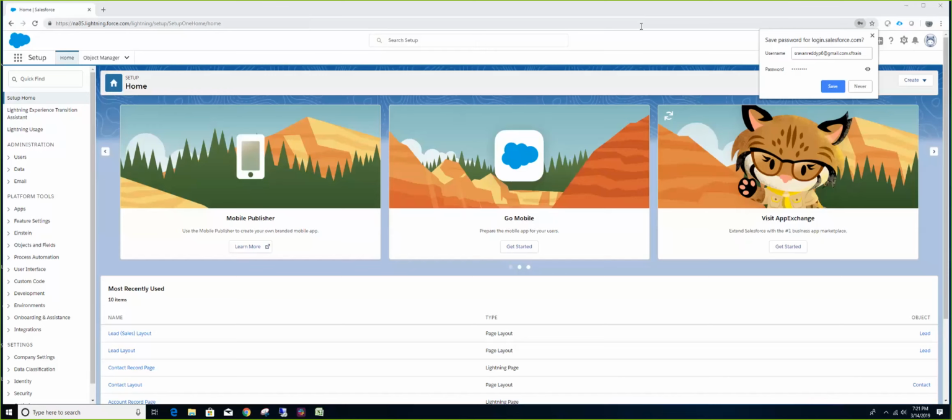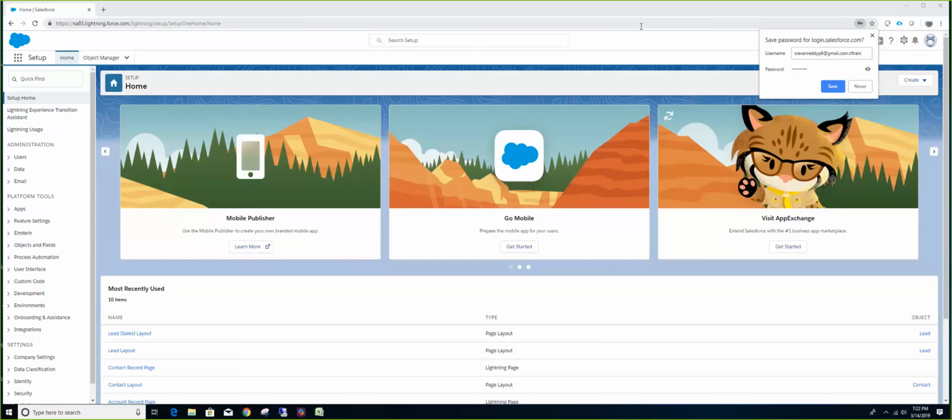Now, we created objects. Objects are nothing but tables. While creating the object, if you notice, the name of the object will have _C in it. That _C stands for custom object. And there are other objects like account, contact, opportunity, lead, case. There are so many objects which don't have _C. These are standard objects that come out of the box with Salesforce. The difference between standard and custom is, as part of the software, when we sign up or as part of the Salesforce license, Salesforce provides some objects. Those are standard objects. And the other objects that we create ourselves are called custom objects.